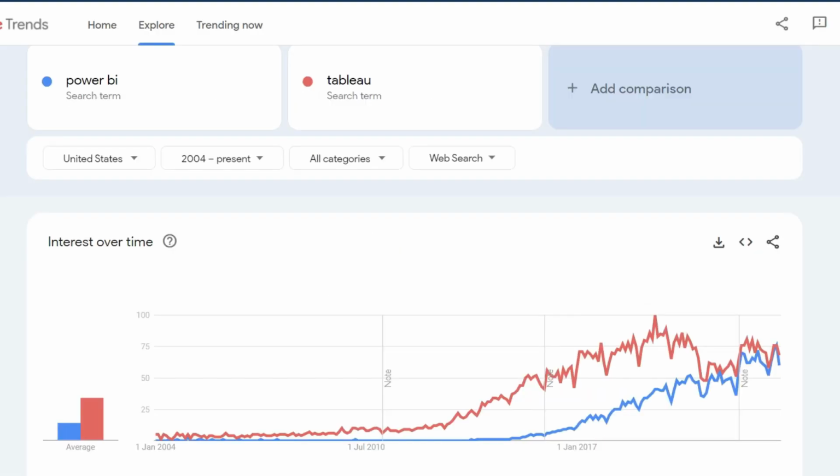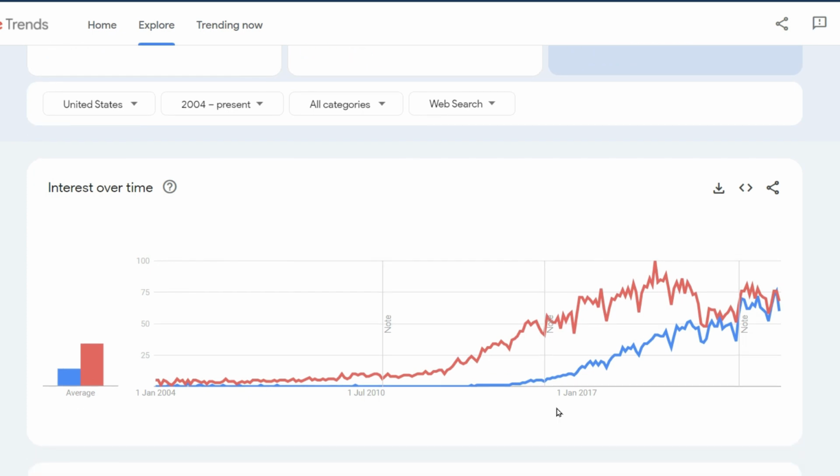The other thing I wanted to show you is the Google Trends comparing Power BI and Tableau. So Power BI is in the blue, Tableau is in the red. You can see here Power BI actually only launched around this time, 2017, and it's just completely caught up to Tableau, and I can just see the blue line, Power BI, just continuing up like that, and you can see here that Tableau has actually just flattened out. So Tableau has flattened out and Power BI is just continuing up on this trend. So yeah, the future is Power BI.